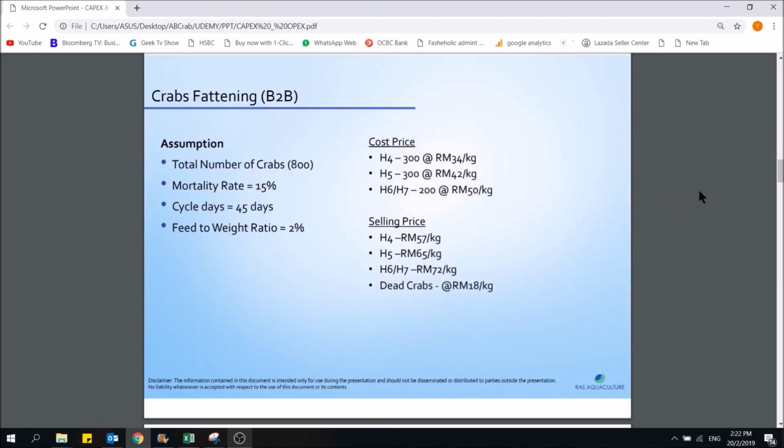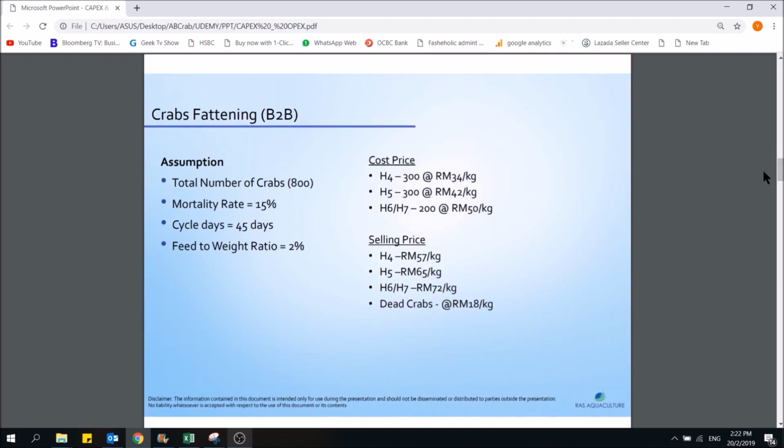So if you're running a crab fattening plant, we will first start off with a few assumptions. Firstly, you're going to run about 800 crabs. Why 800? Because at times it's difficult to run up to full capacity. You're going to have some spare capacity, where you might leave 1 or 2 blocks open for incoming shipment. And sometimes you're not going to run at 100% capacity. So let's assume that you're going to run at 800 crabs instead of your full 1,000 crabs